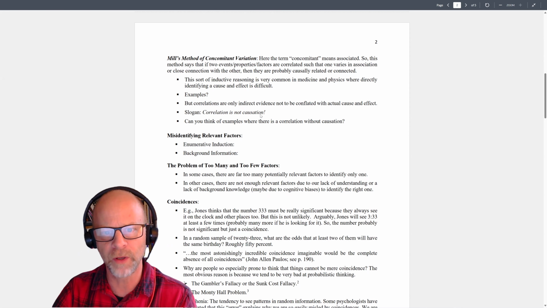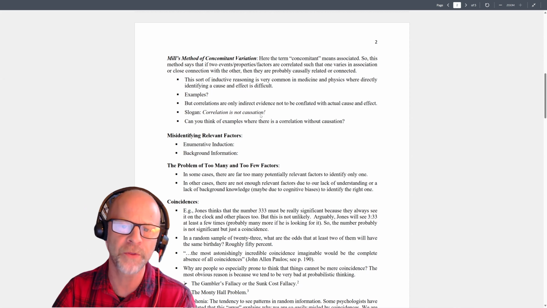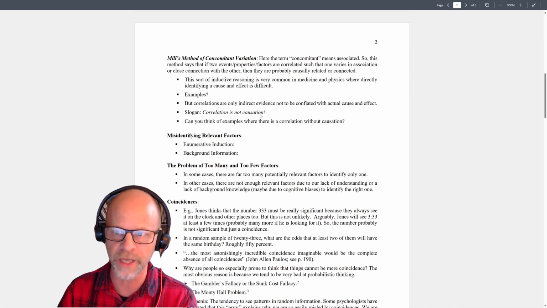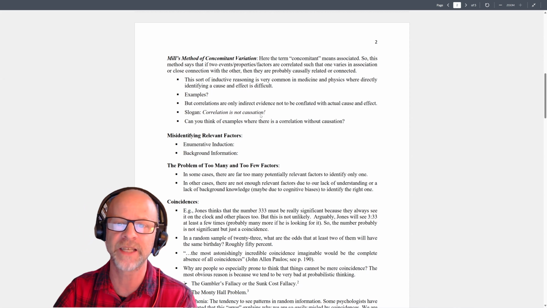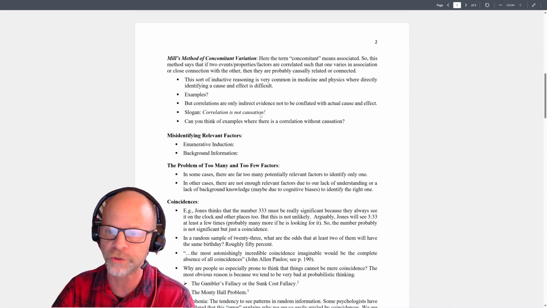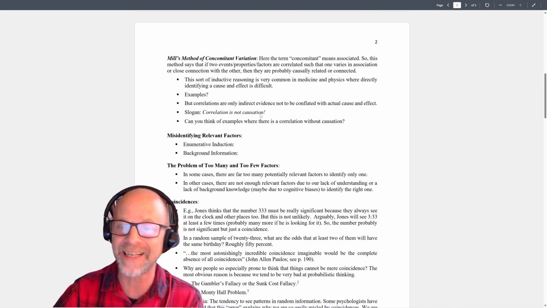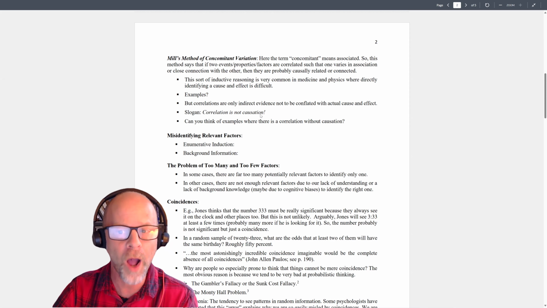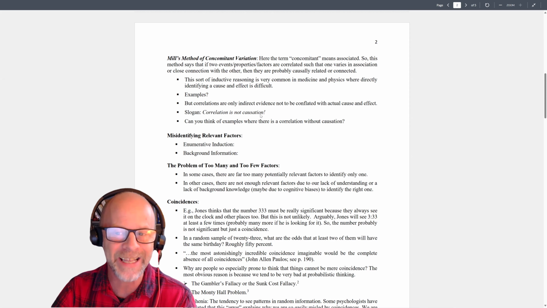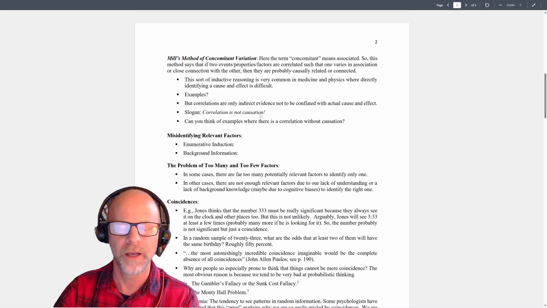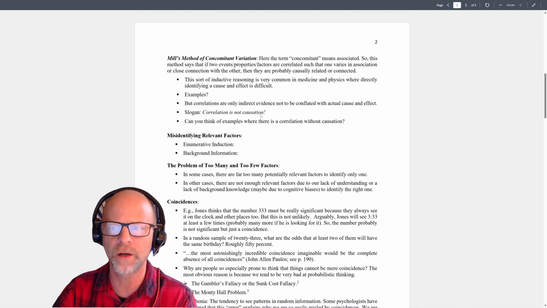Now, another aspect of Mill's approach to causal reasoning is what we're calling Mill's method of concomitant variation. And here, the term concomitant just simply means associated, right? This sort of association or correlation. So this method says that if two events or properties or factors or whatever are correlated, such that one varies in association or close connection with the other, then they are probably causally related or in some sense likely to be connected. Right? So this kind of inductive reasoning is very, very common, especially in medicine and physics,